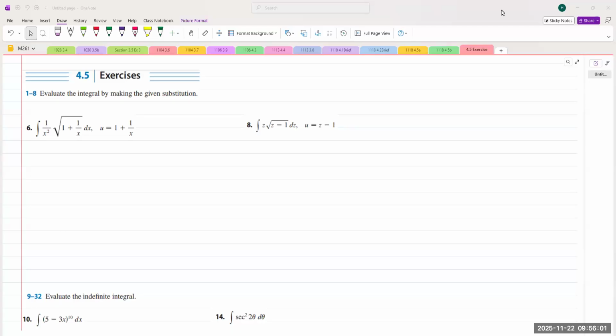Hello everyone. As I have promised, I would like to do some lecture videos going over this section 4.5 exercise. I mentioned many times in class that this section requires a lot of exercise. You need a lot of hands-on experience working with the substitution method. Substitution method is the first major method of integration,